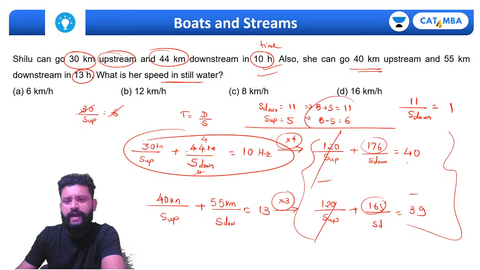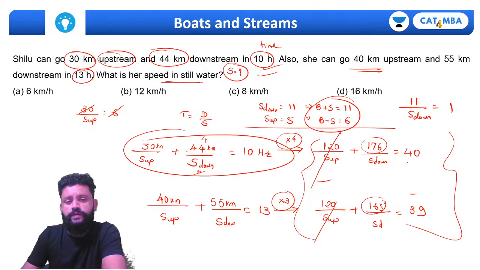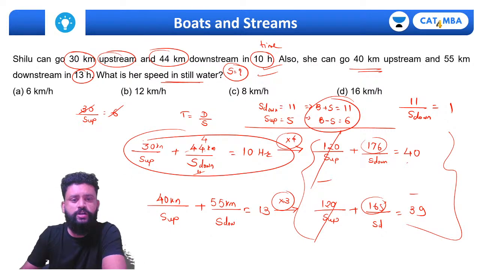If you add these two equations, you'll get the value of B, but we are supposed to calculate the value of stream, the speed of stream. Have you understood, guys? Speed of stream, how much will it come? If we subtract this, 11 minus 6, sorry, it's not 6, it's 5. 11 minus 5,